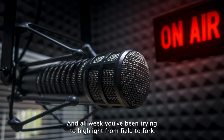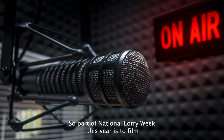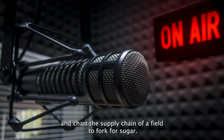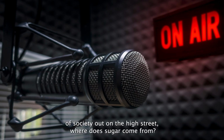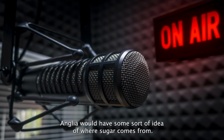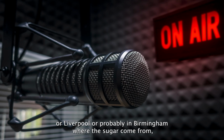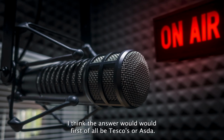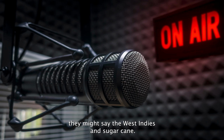And all week you've been trying to highlight from field to fork. Tell us about that. So part of National Lorry Week this year is to film and chart the supply chain of a field to fork for sugar, because I think if you were to ask the vast majority of society out on the high street, where does sugar come from? Well, probably people in East Anglia would have some sort of idea. But if you were to ask somebody in Manchester or Liverpool or probably even Birmingham, I think the answer would first of all be Tesco's or Asda. But then if you probe a little bit deeper, they might say the West Indies and sugar cane,